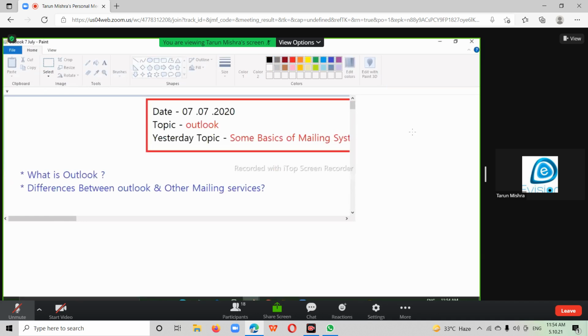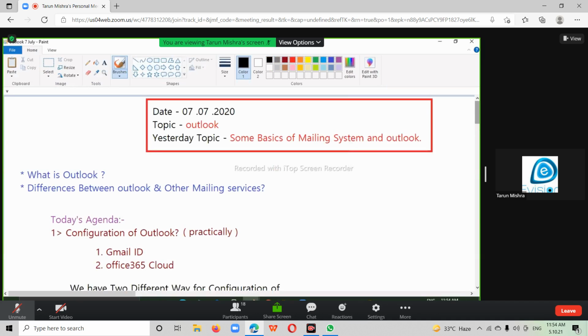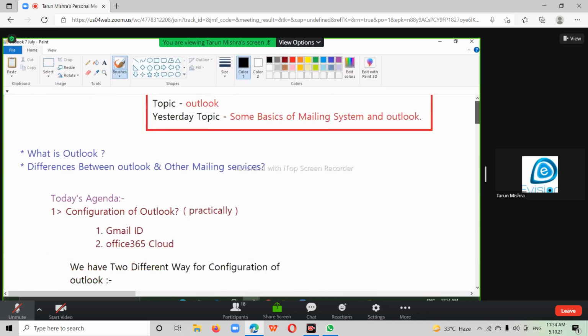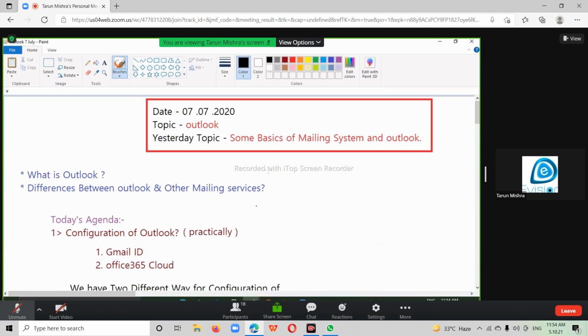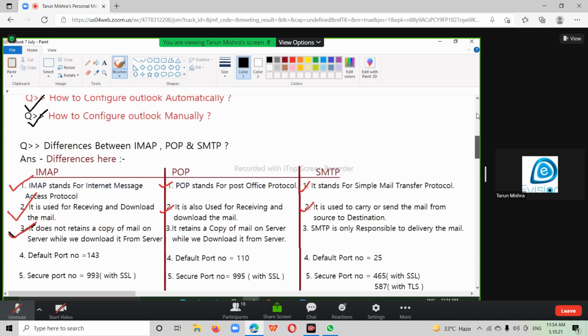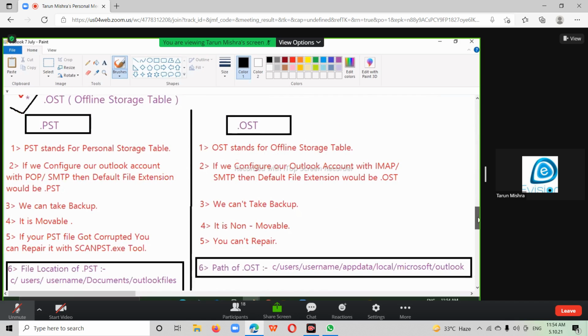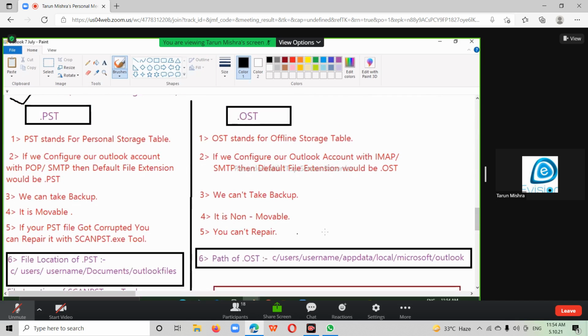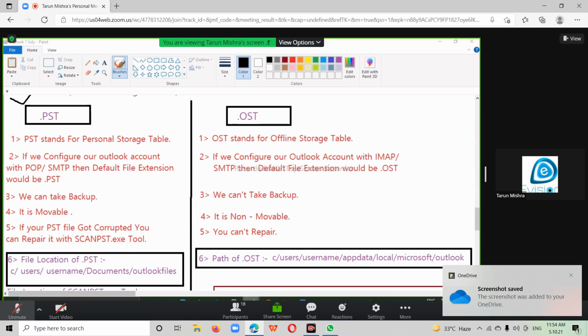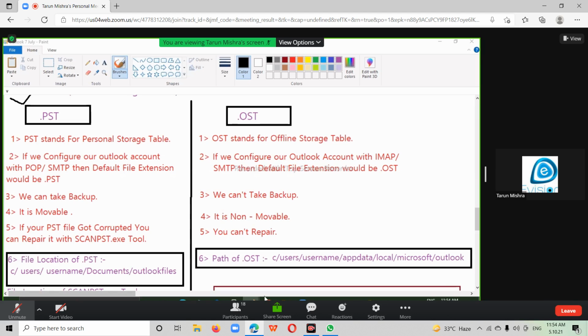Correct. So I want your complete solution, guys. I provided a class test to someone a few years ago, on 7/7/2020, on the Outlook topic. So write it down from point number 1 to point number 6, with the file location also. Then I will come back after a minute and give you the understanding. So let's wait and watch. Write down all 6 points.